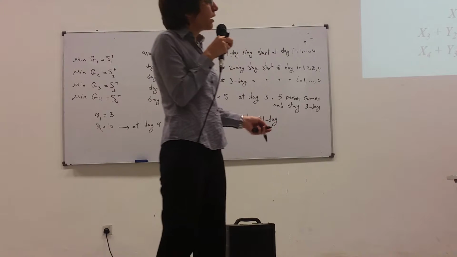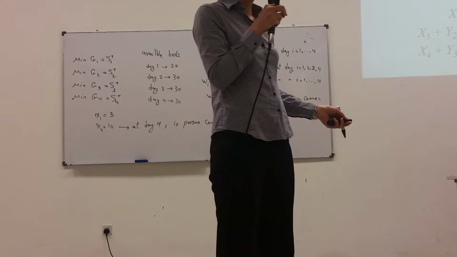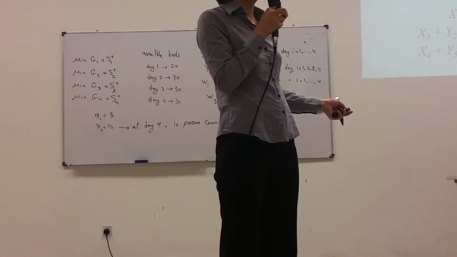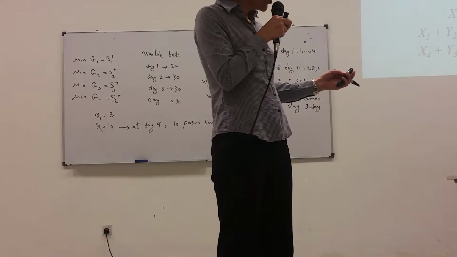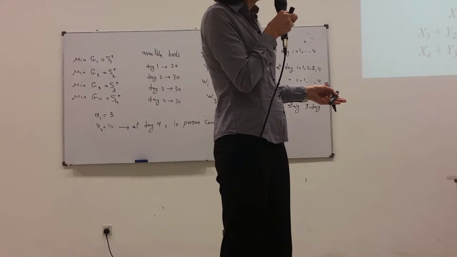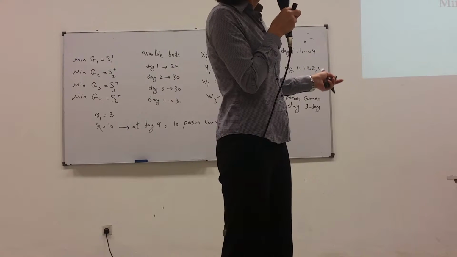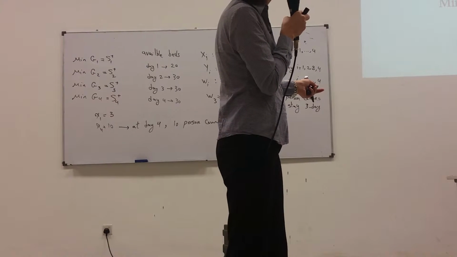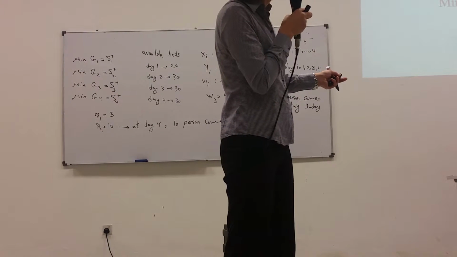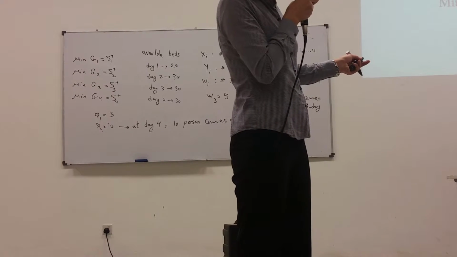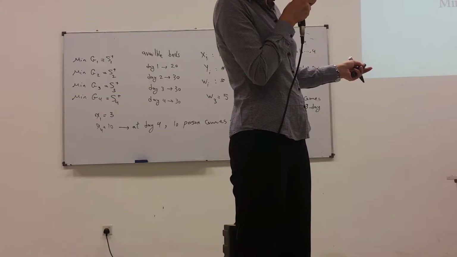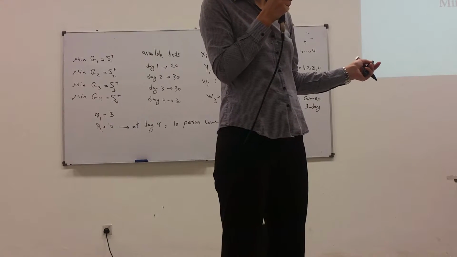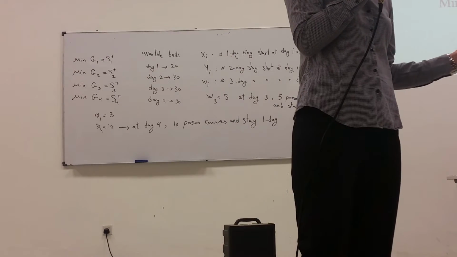So after you write the constraints, you cannot directly write this one. First, you should add deviational variables. Then you should write your goals. Your goal is minimize G1 to G4. G1, 2, 3, 4 are equal to S1 plus, S2 plus, S3 plus, S4 plus. After you find out which deviational variable you consider, positive or negative,